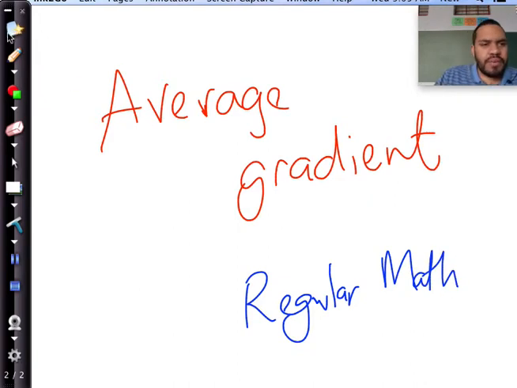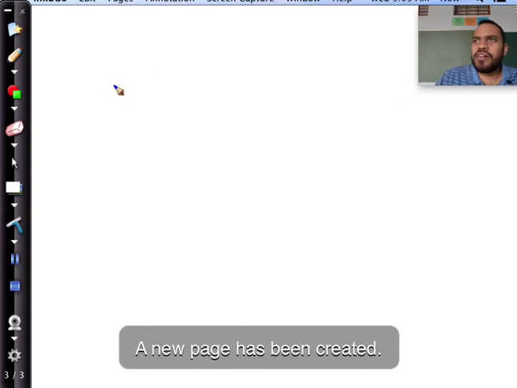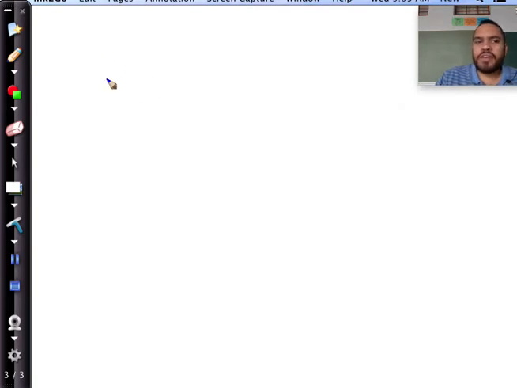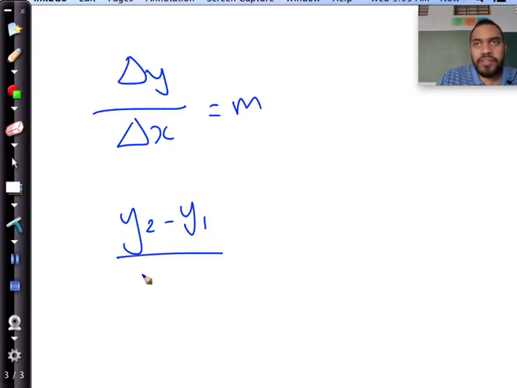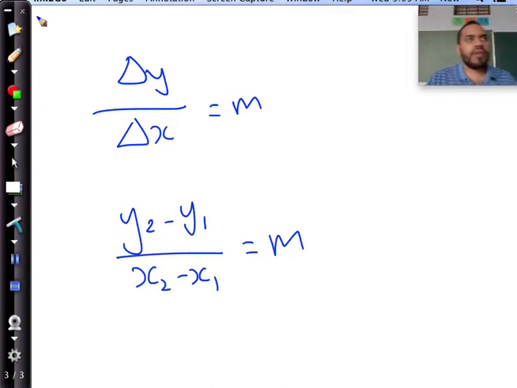Can anybody tell me what is the formula for the gradient of a curve? Change in y over change in x. That's the gradient of a curve. Similarly, this could say it's y2 minus y1 over x2 minus x1. That's the gradient. Now, guys, when we talk about the average gradient, look, when we speak about your average performance,